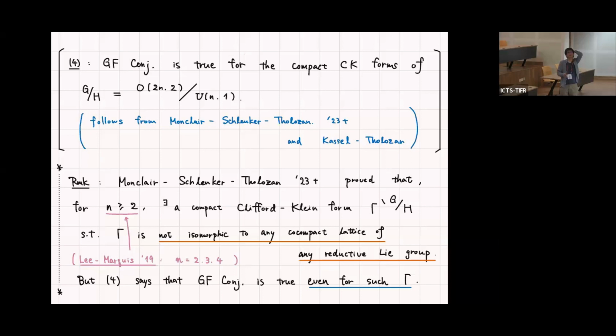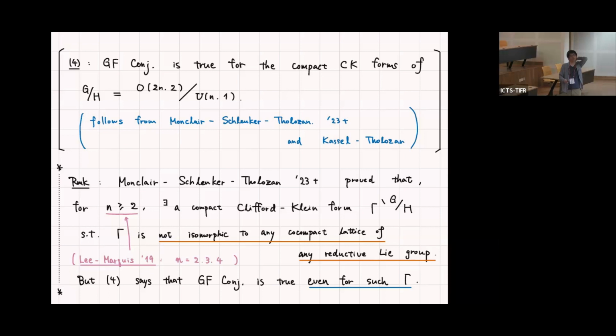Okay, then there is another example where the geometric fibration conjecture is true, namely the case of O(2n,2n-1) mod U(n,n-1). This is proved by a very recent result by Monclair, Schlenker, Tholozan, and also Kassel, Tholozan. This one is not published yet, and it was put on the arXiv last October, I think. Okay, in this case,